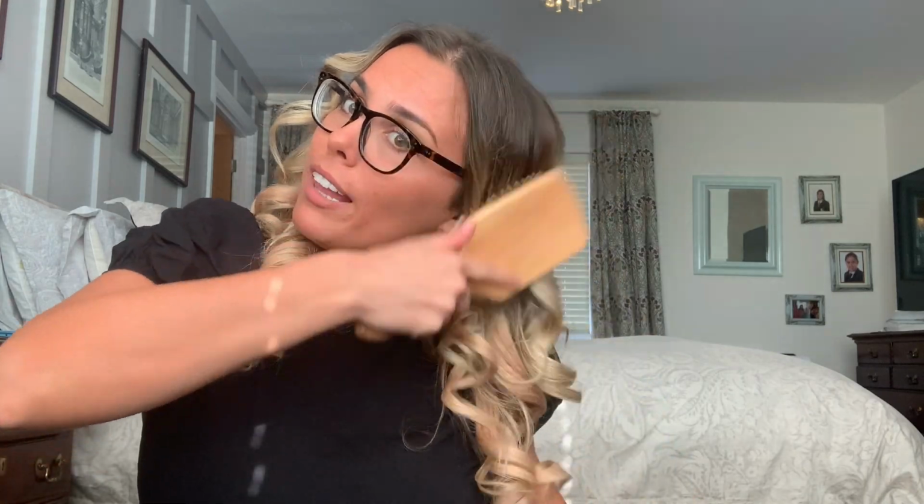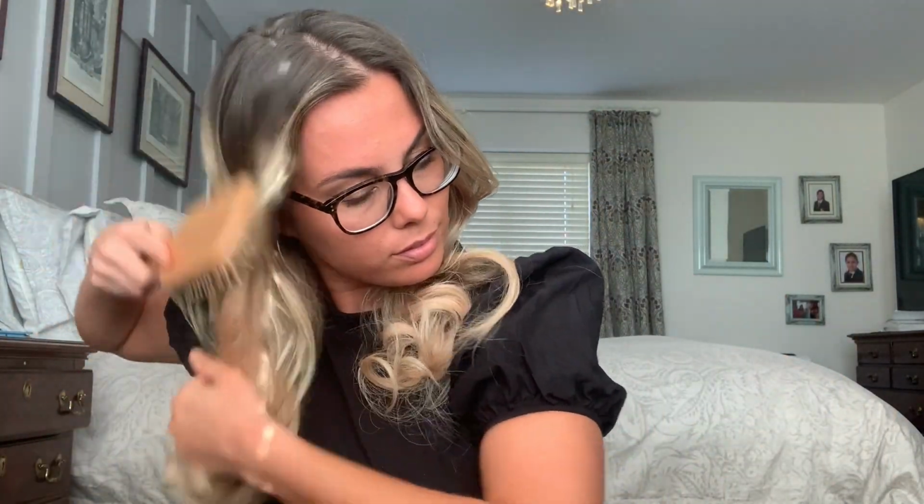So, don't worry, this isn't the finished look. As you can tell, my hair really needs doing. I'm just gonna go grab my brush. Some people, if you know you're not gonna go out for a little bit, just leave it, let it settle down. But what I like to do is give it a brush through. Whack myself in the glasses. Right, and then I like to flip it. And you could play with it so much, but again, like I said, my hair really needs doing, but